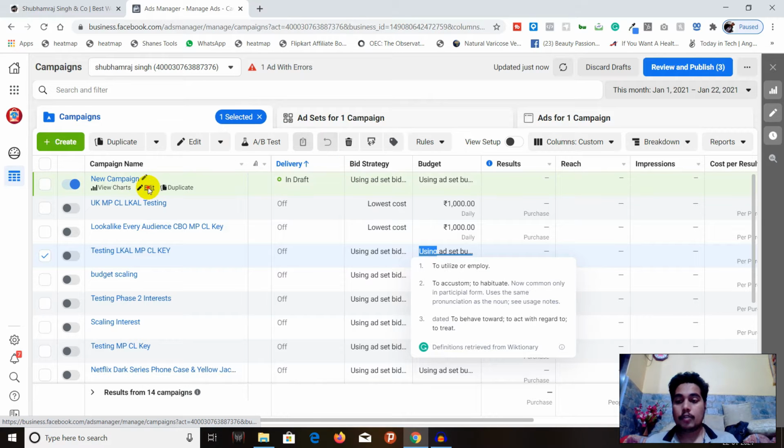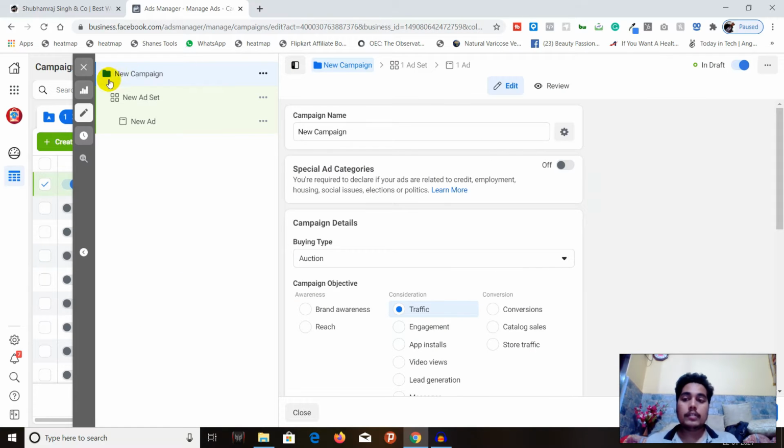So I have created a new campaign over here. You can see the first is the new campaign, the second is the new ad set, and the third one is the ad. In the campaign, you can add a campaign name. If you are advertising in special categories like politics or something like that, you can just turn this on.